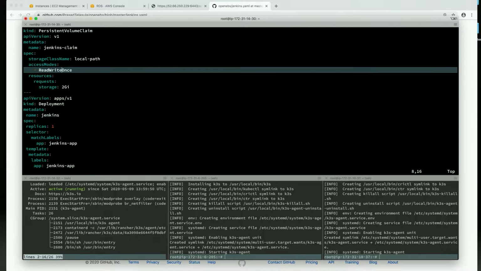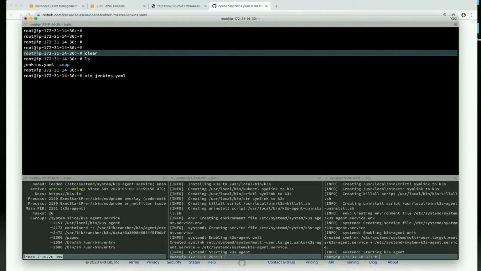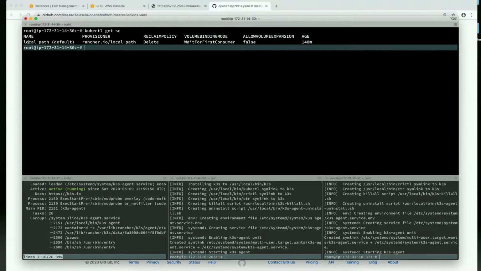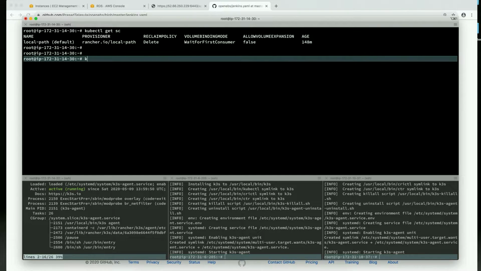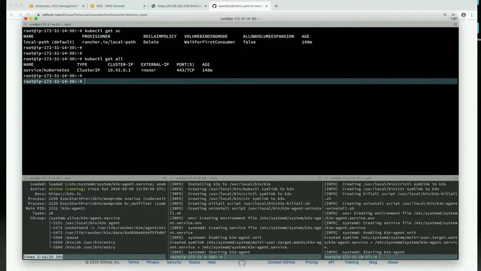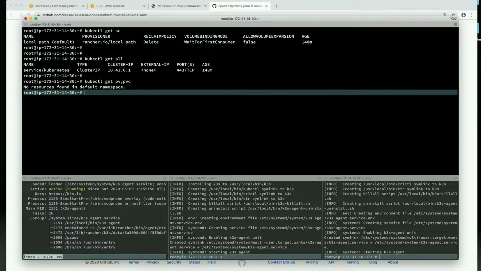So if we observe carefully, kubectl get sc, storage class. So by default we got this local path, right? So if I get kubectl get all, so in the default namespaces, there are no resources, and also kubectl get pv comma pvc, persistent volume and persistent volume claim, so they are also not available, so only the storage class is available.